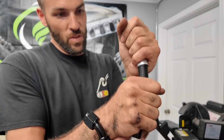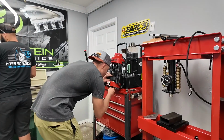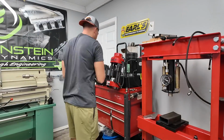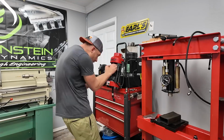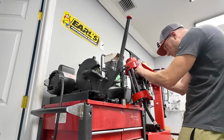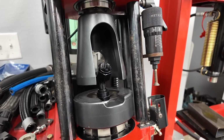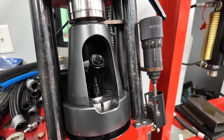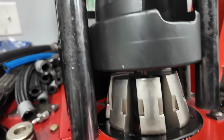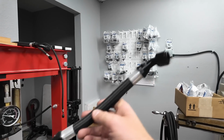All right, time to start cranking these things out. Like I said, before you put it in there to crimp it, just make sure that your hose is all the way up in there and that this collar is fully tight, and that's when it's done. Okay, cool. Pretty easy. It's the way to do it. Let's go put these things on the...